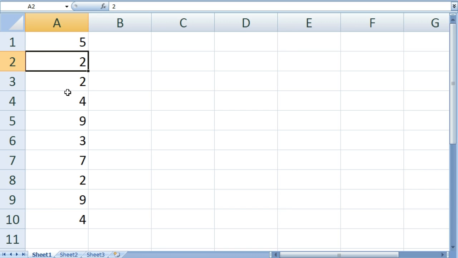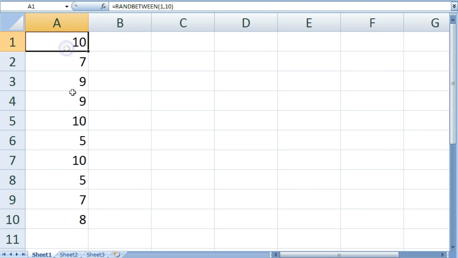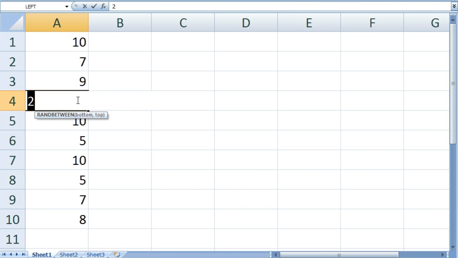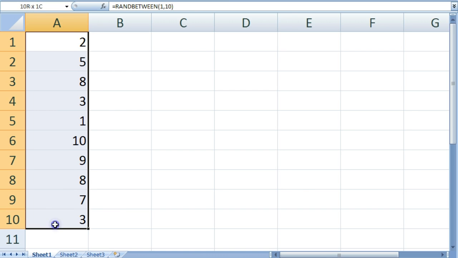So let's go on to Shandu's tip, very similar and just as useful. I just hit Control Z to go back to the way things were. So we're back to this RANDBETWEEN, and now if we hit F9 on our spreadsheet, it'll recalculate things. So again, we can highlight these values and copy them, so hit Control C. And now if you're in